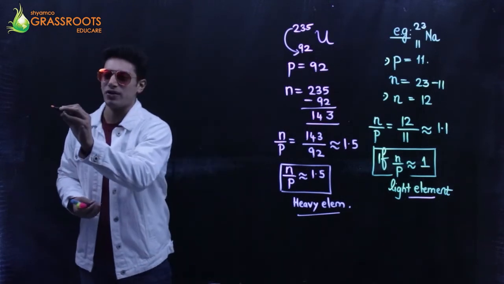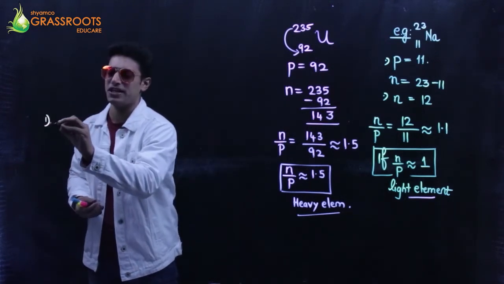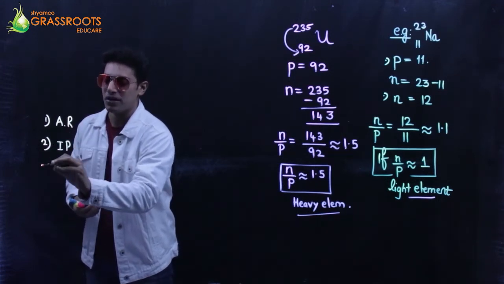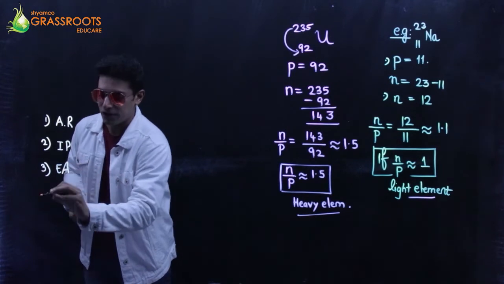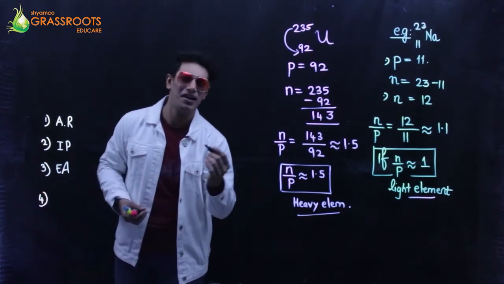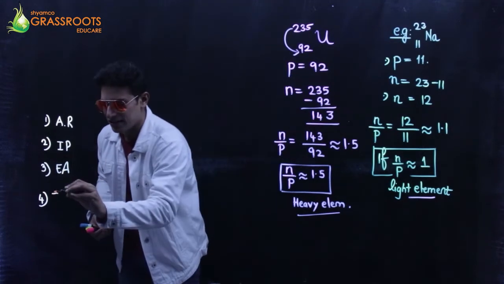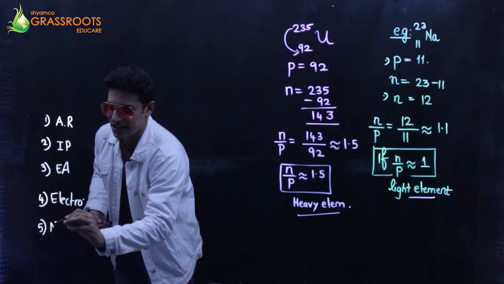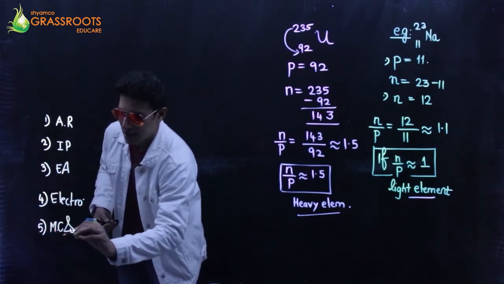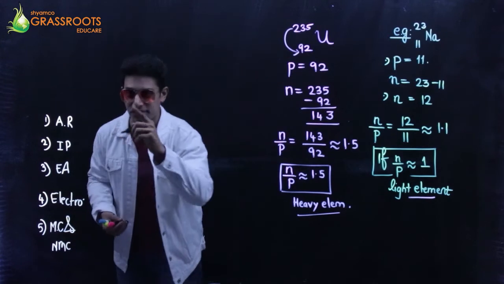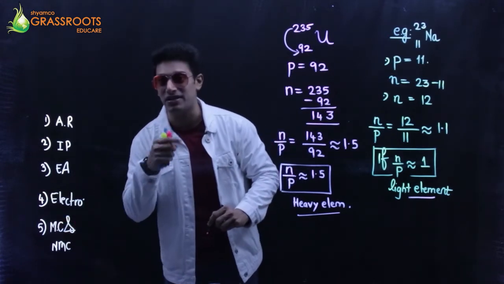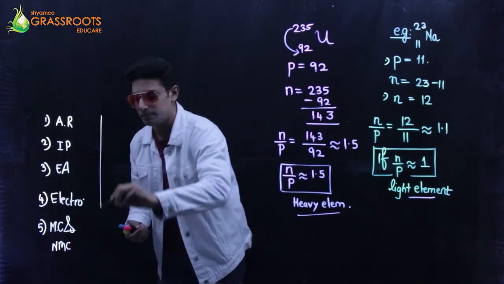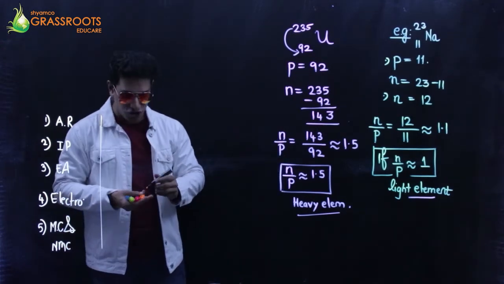Right, guys. So talking about the first periodic property, the atomic radius. The second was the ionization potential. Third, electron affinity. The fourth one was, oh come on, I forgot, yeah, electronegativity. Yes, there you get it. And the fifth one was the metallic nature, metallic character, and the non-metallic character. Listen, the short forms are not allowed. Time and again I've told you all. So metallic character and the non-metallic character. Okay, I'm going to study about a gist.